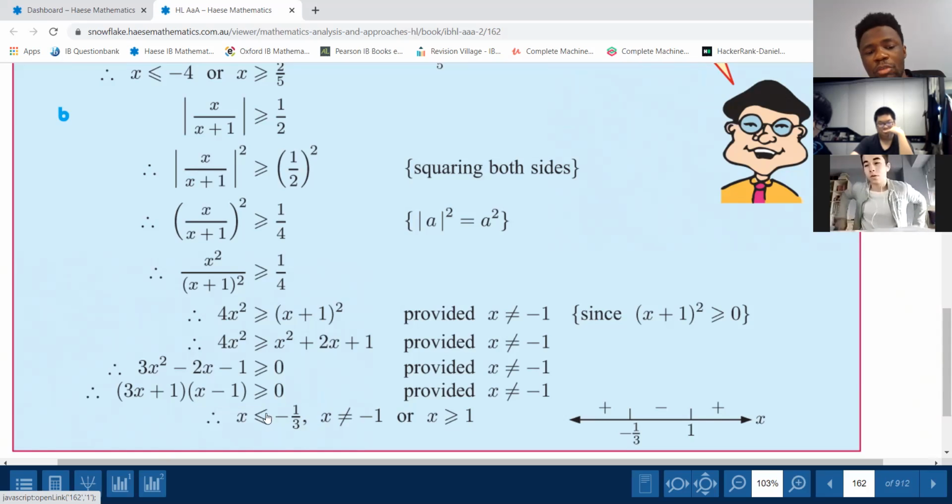And if one of the solutions includes that number that is supposed to be excluded, you must write that it must be excluded. Because if you look at it, this region, which we are supposed to consider,